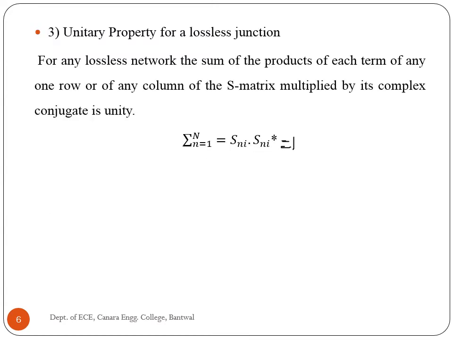Unitary property for a lossless junction. For any lossless network, the sum of the products of each term of any one row or of any column of the S matrix multiplied by its complex conjugate is unity. Proof. For a lossless n-port device, the total power leaving the n ports must be equal to the total power input to these ports, so that